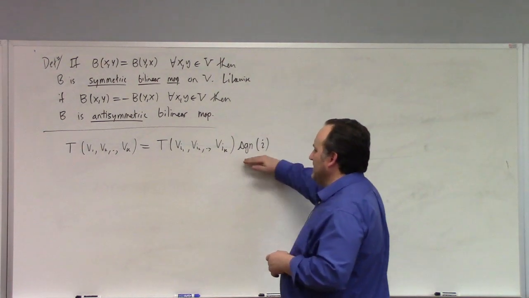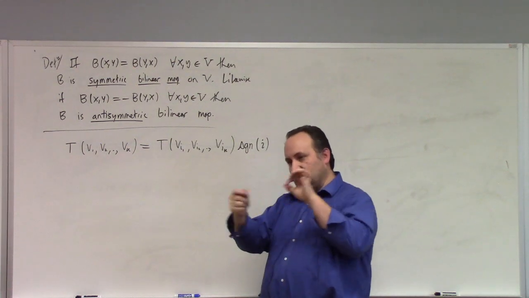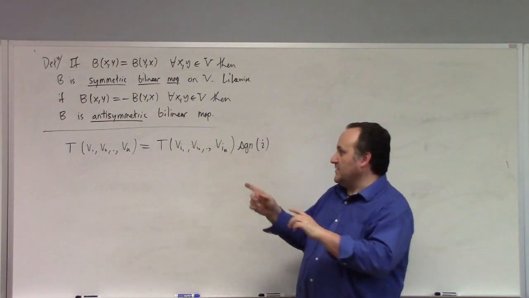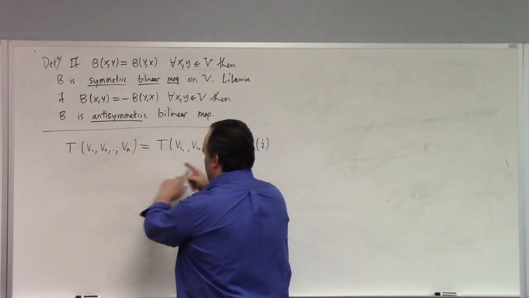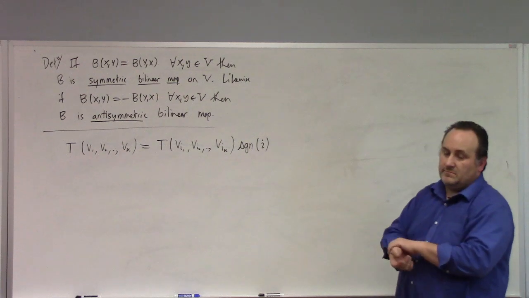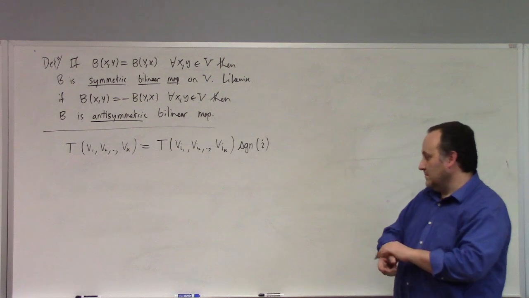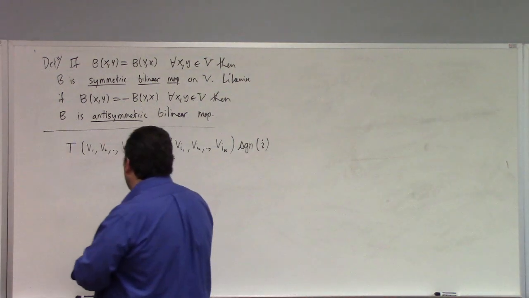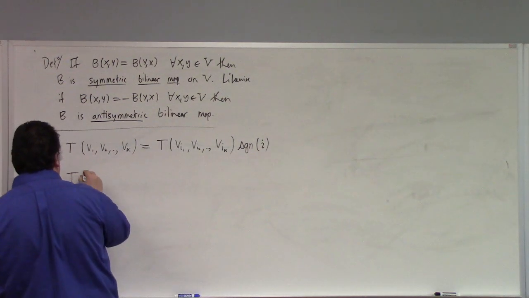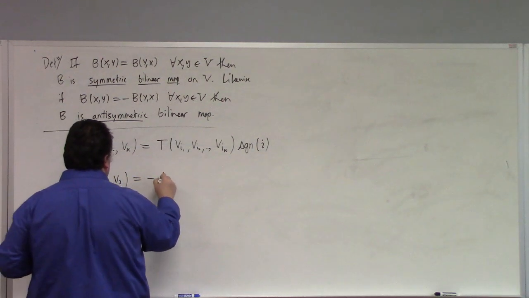another way to say completely antisymmetric is that any interchange of the inputs gives you a minus. That's also a sufficient definition. It's completely antisymmetric if any swap of inputs gives you a minus in the outcome. So it'd be antisymmetric if any 2 were swapped, and then fully antisymmetric if they're all swapped. So if T is antisymmetric and it's got 3 things, right? Then this is minus